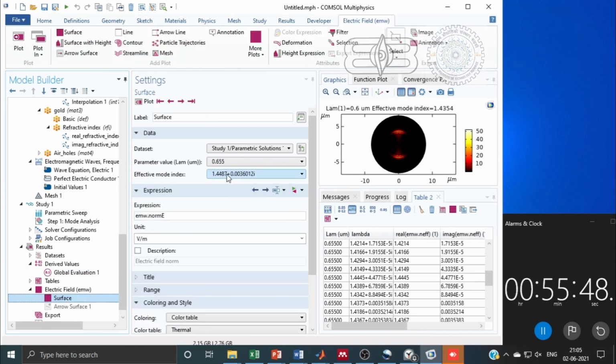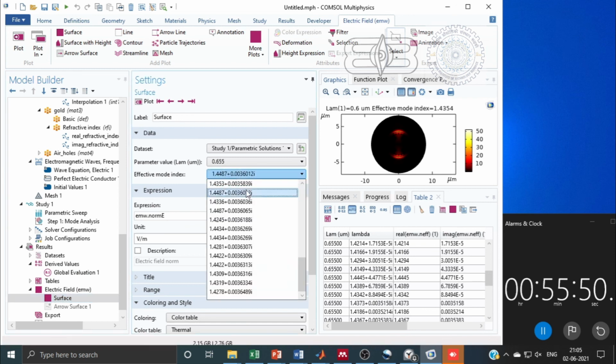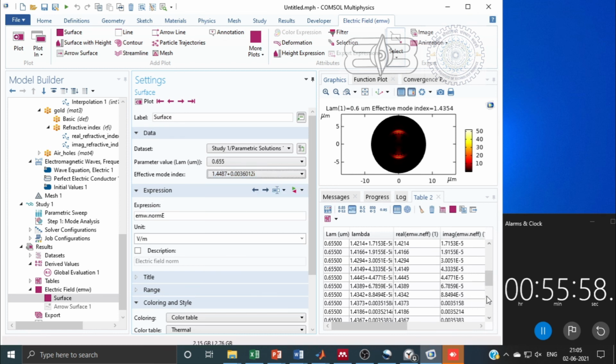So I will again go to surface and see its effective index of 1.4487. So I will search that plus 0.003 i.